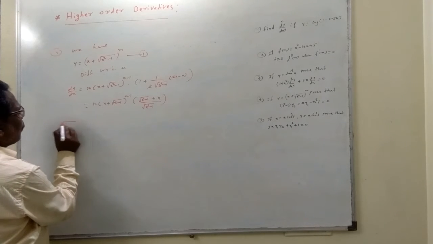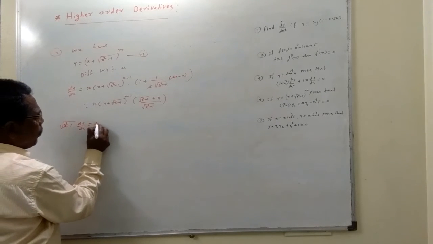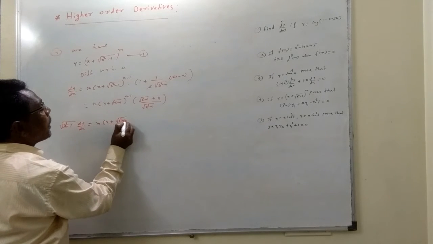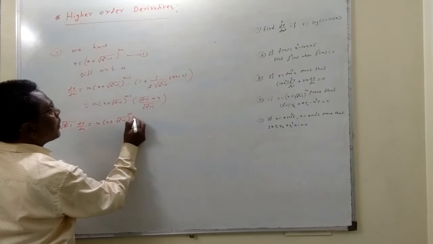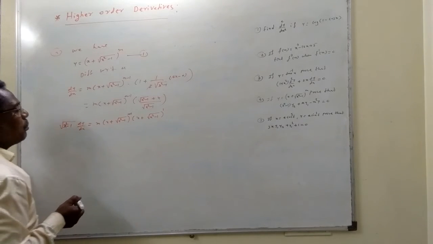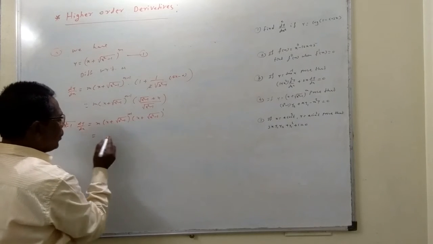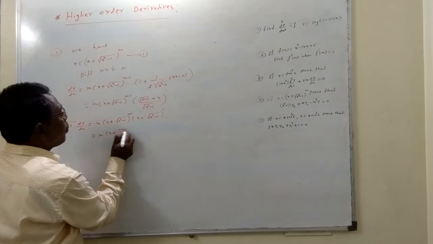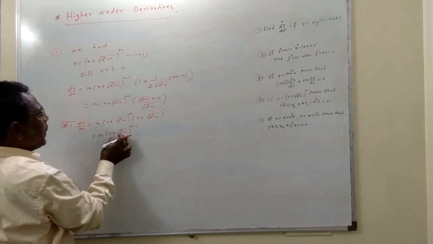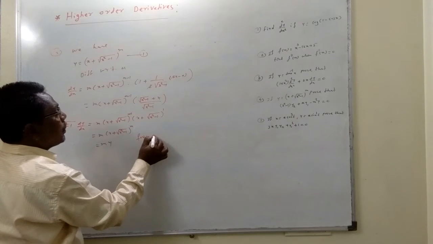So this denominator will take here root of x square minus 1, dy by dx is equal to m. Now this same, so x plus root of x square minus 1 raised to m minus 1 and x plus root of x square minus 1 raised to index not greater than this one. So when multiplication the base is same, addition of indices, so we will get here x plus root of x square minus 1 raised to m minus 1. Now if you observe this function is repeated here, so we can write m y from equation first.